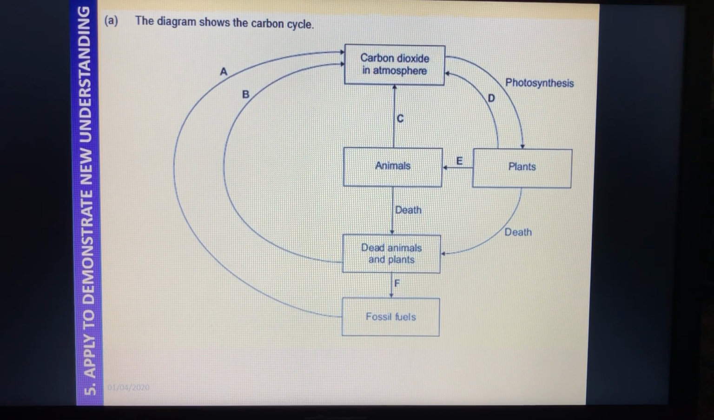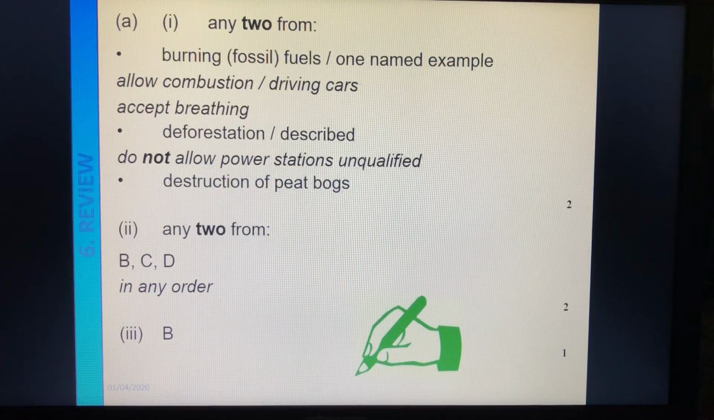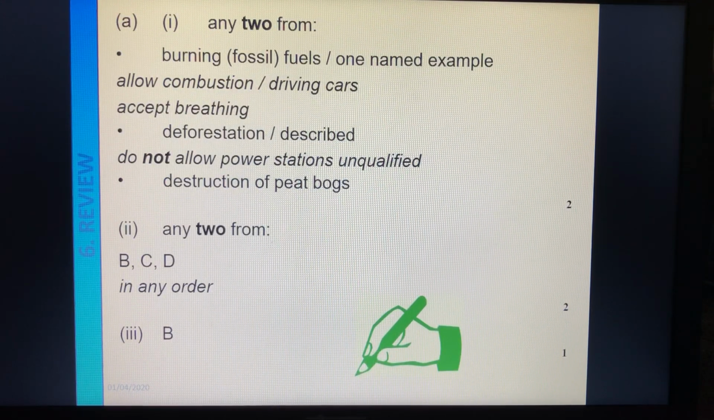Okay, that was a bit trickier, that one, I think. Right, time to green pen. So green pen's out. So the first question was about human activities that cause an increase in carbon dioxide, and